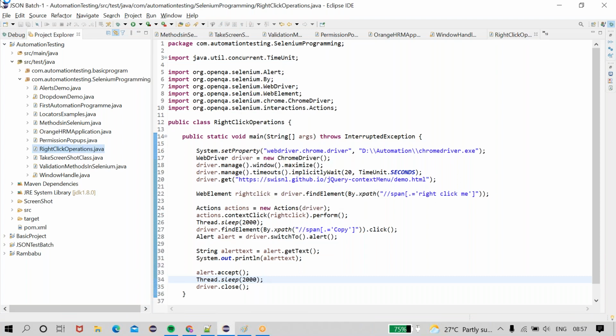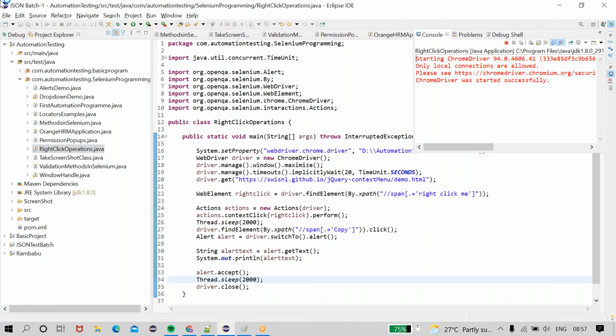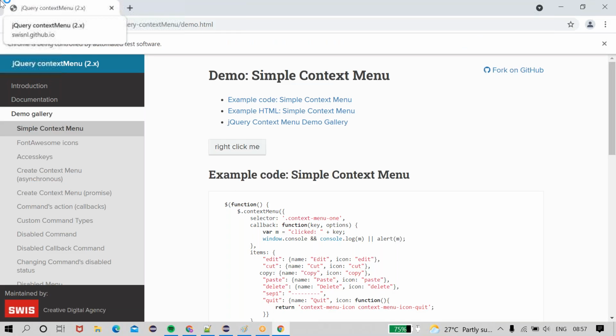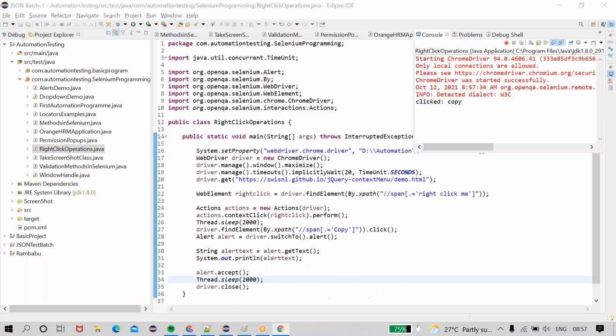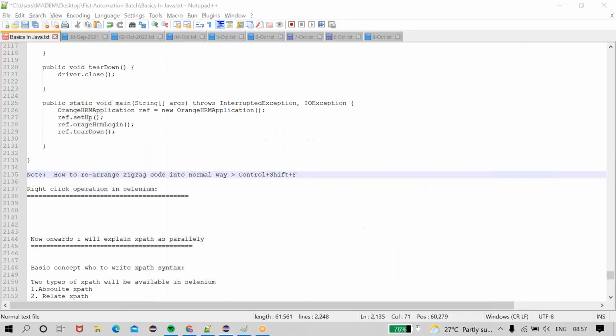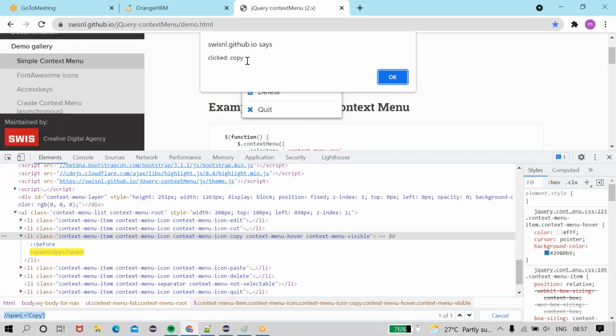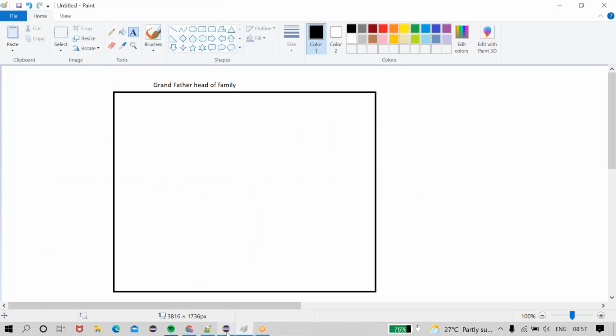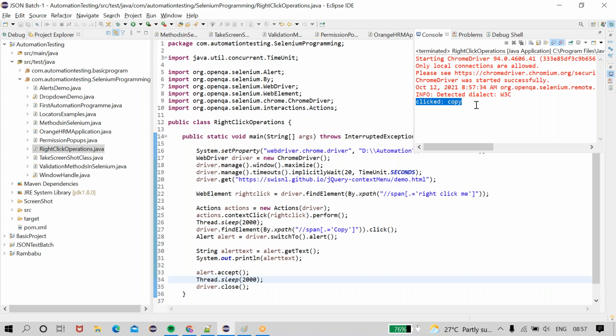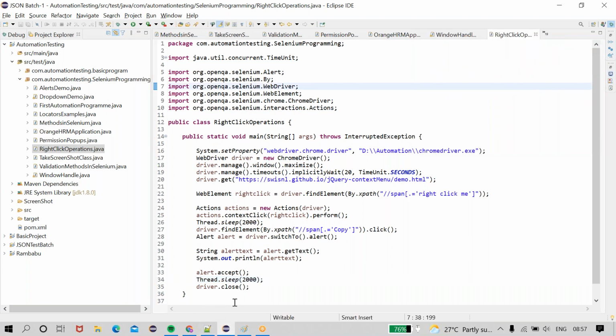Right click, copy, everything is done. See, it copied the text over the alert. Over the alert this text is available, and the text is also printed here itself. Correct. That's all about the right click operation.